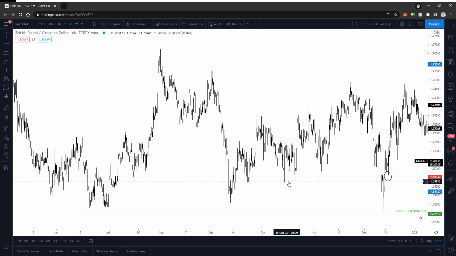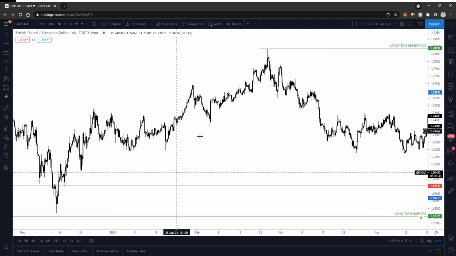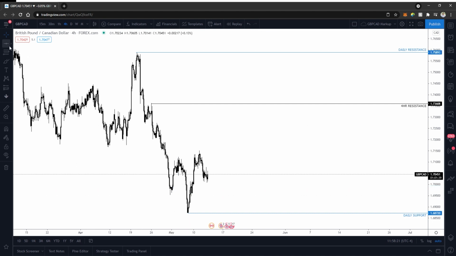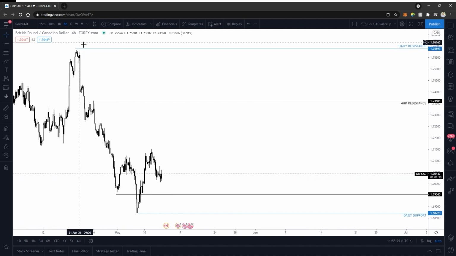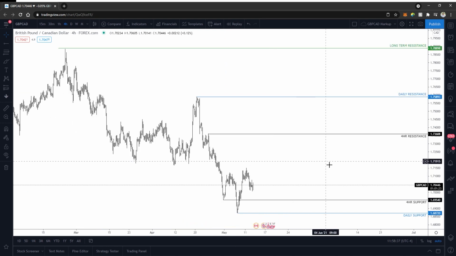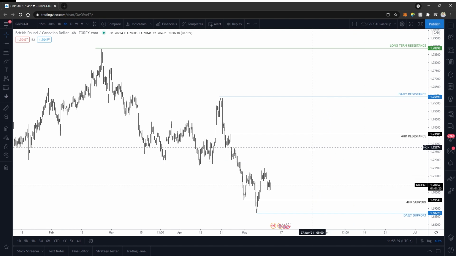Okay. And oh, I didn't. Let me put, because I don't want a whole line across the chart. So I'm gonna grab my horizontal ray and we're gonna drop this here. So I'm gonna drop down to the hour. Oh, let me put 4 hour support. 4 hour support. Okay, so what I'm gonna do next, because I'm not gonna go down to the hourly just yet, I just want to see